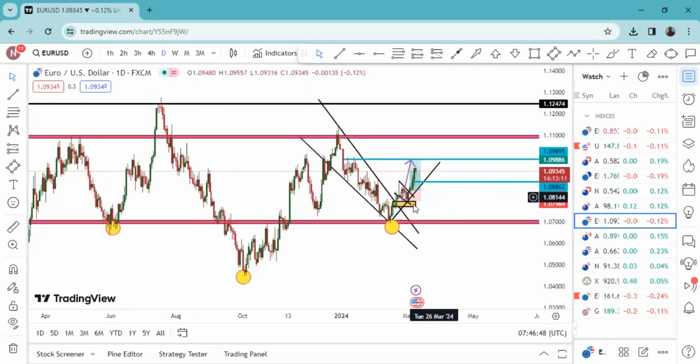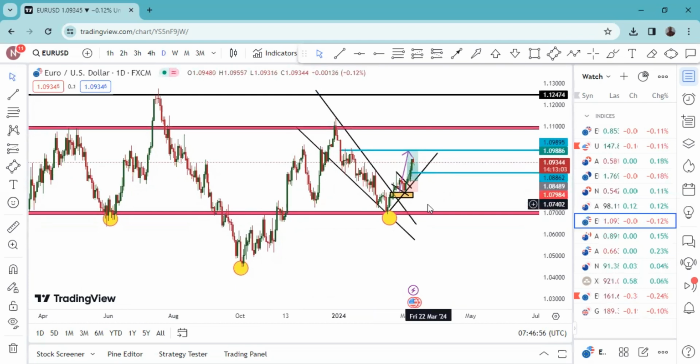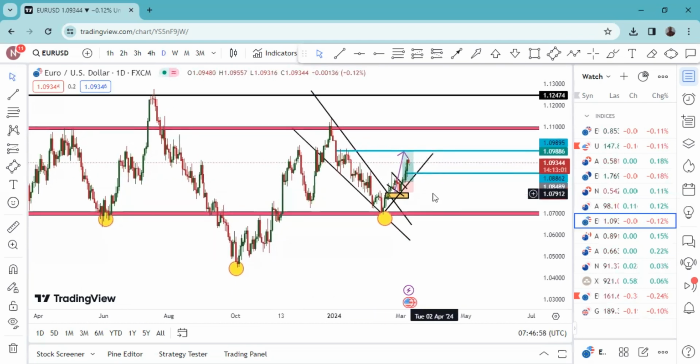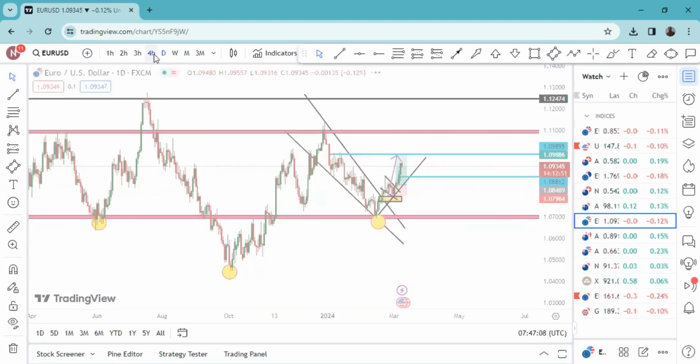So I went on the second shoulder and drew my trend line and watched to see how the market would react. The market came straight, broke my trend line and retested my trend line, and that's where I took the trade. So on 4 hour,